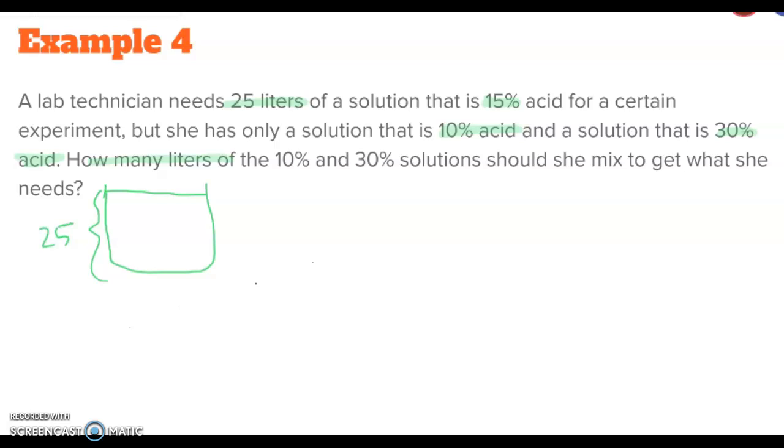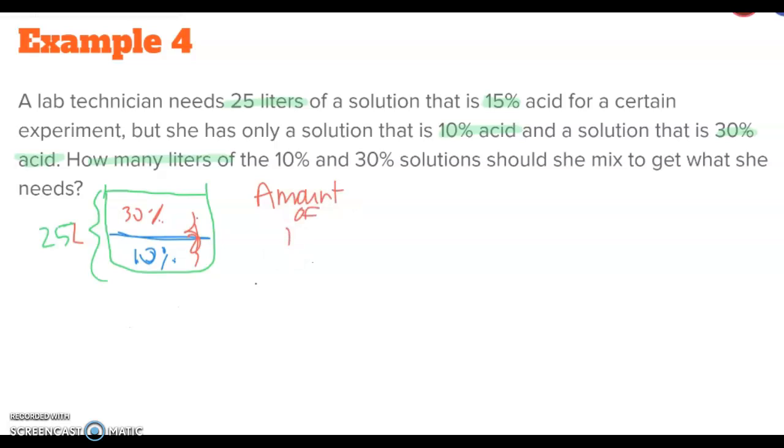So what we have is some 10% acid. Say first you add some 10% acid solution, and we're going to add to that some 30% acid solution in the right quantities so that when you stir it all together, it will be a 15% solution and there will be 25 liters. Those are liters. Okay, so what I'm looking for, and I'm going to write out the words because that's going to help me know what to look for, is the amount